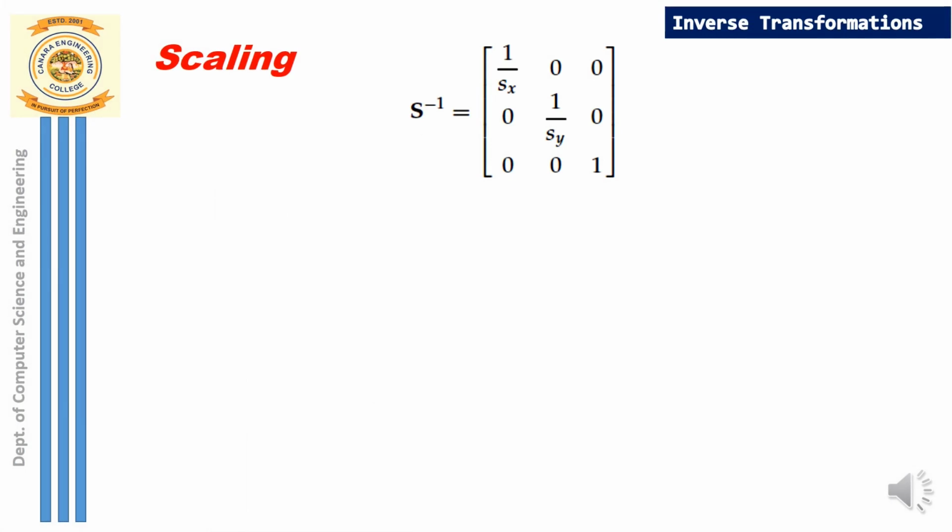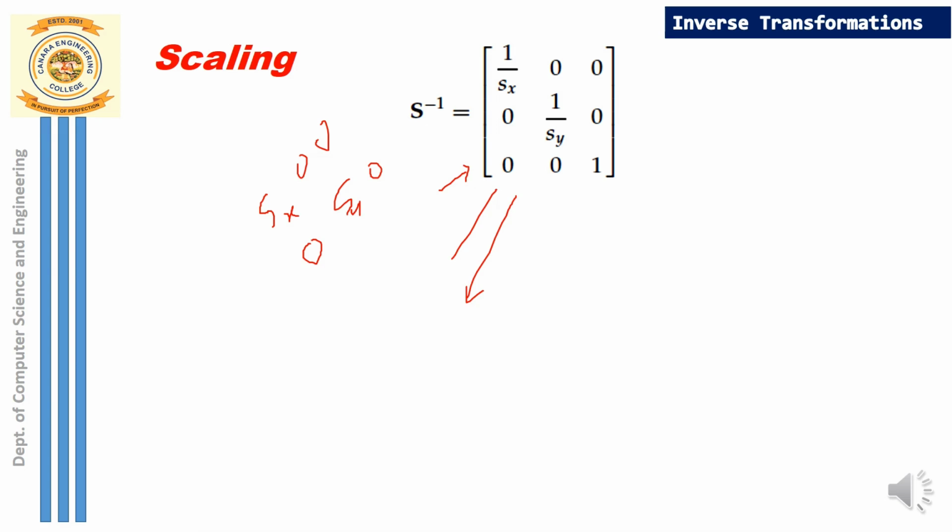Now we can see the inverse scaling process. If you are increasing the size of the object, that is nothing but a positive scaling factor you are specifying. But if you want to decrease the size of the object, you are considering it as a reverse scaling matrix. So how do you apply reverse scaling? For positive scaling we had directly specified Sx 0 0, and then again 0 Sy, so this was Sx and Sy.